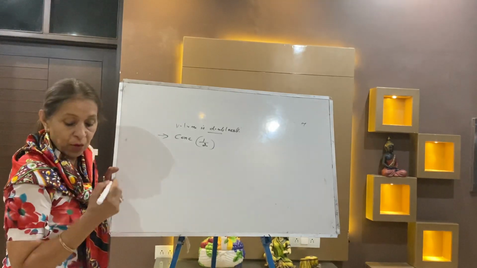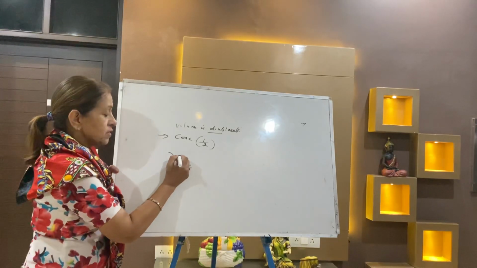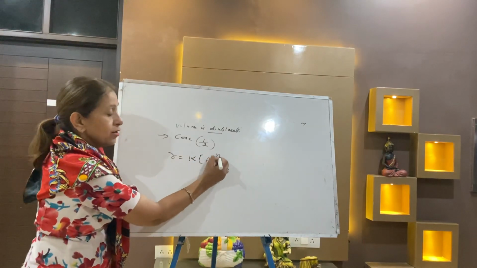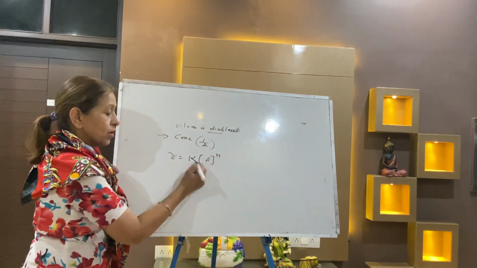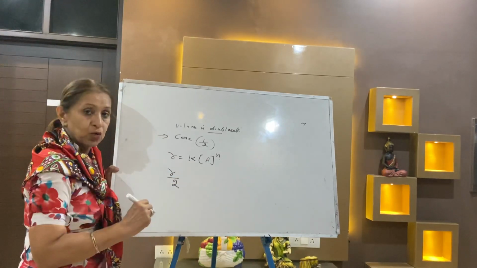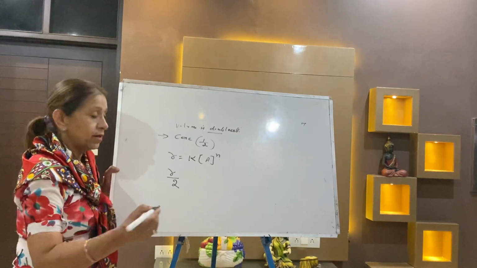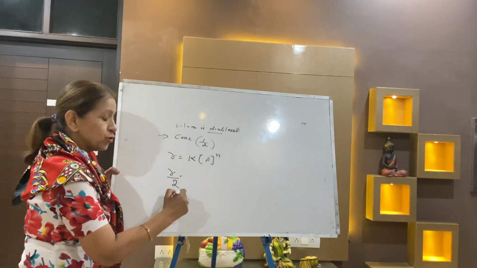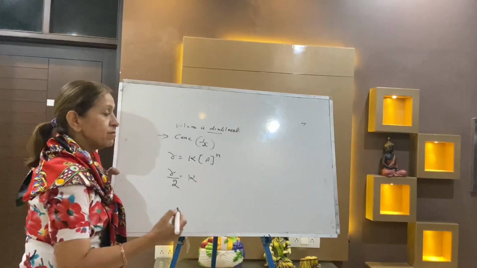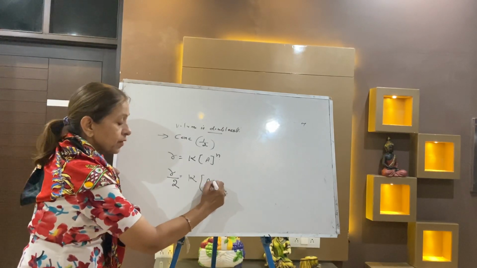Now the question is, the rate of the reaction becomes half. Your answer is R is equal to K A power n. We have to find the order. The rate becomes half, that is R by 2. The rate becomes half when the volume is doubled. You will see R by 2, it is given. It is K, and the volume is doubled, meaning the concentration becomes half, A by 2.